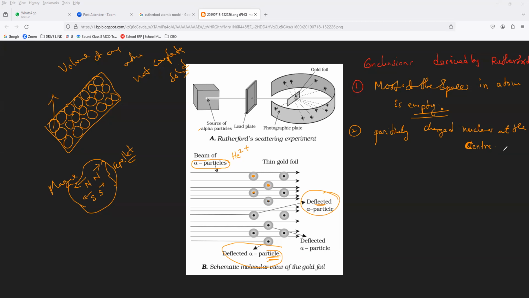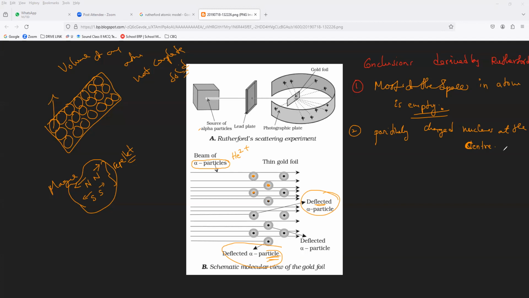Alpha particles are what particles, everybody? Alpha particles are positively charged, and we know that same charges show attraction or repulsion. Repulsion. So by the observation that some alpha particles rebound and some are deflected from their path,